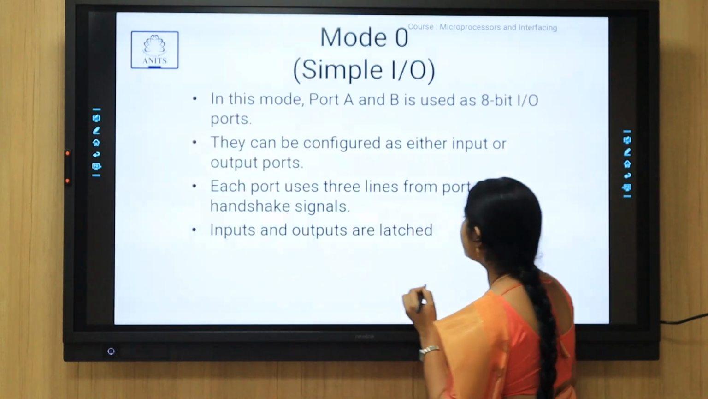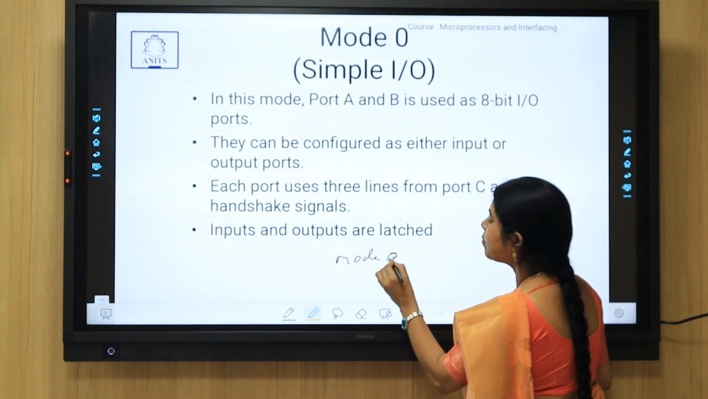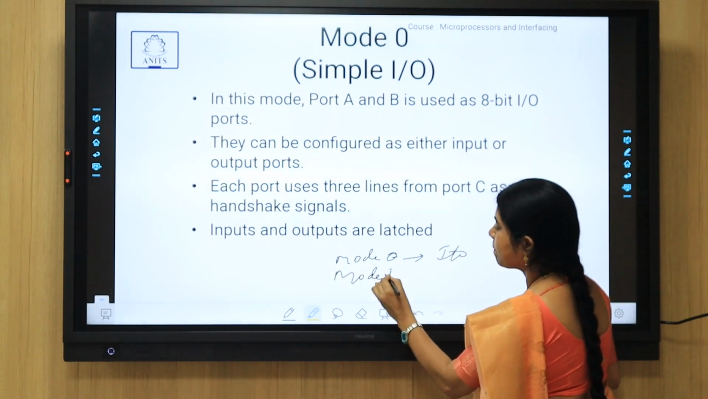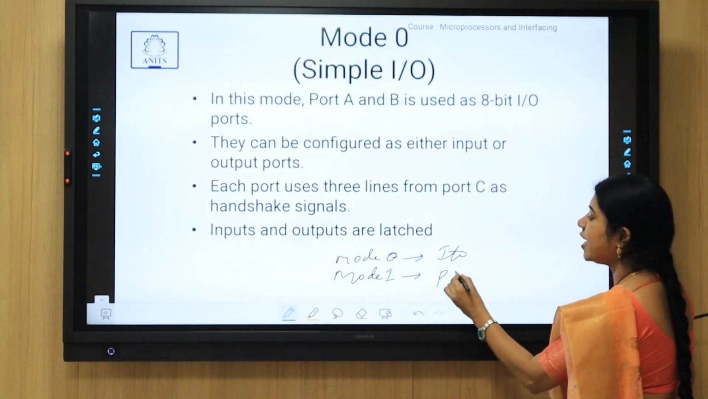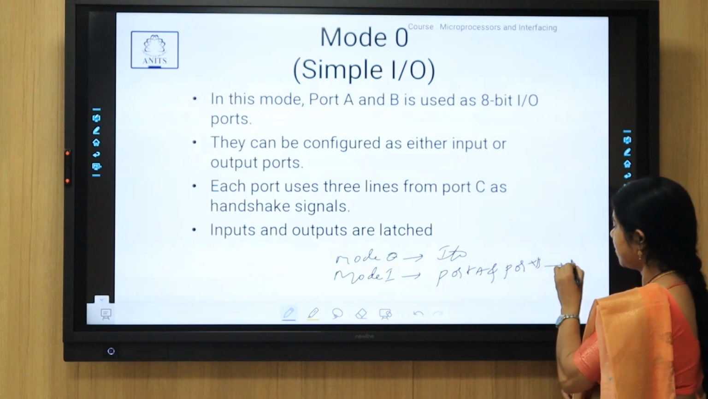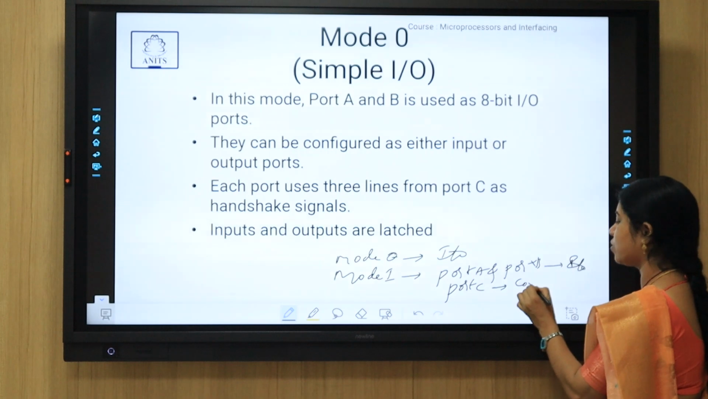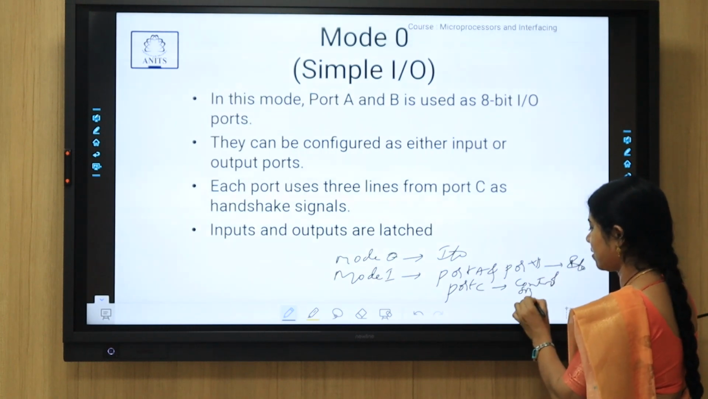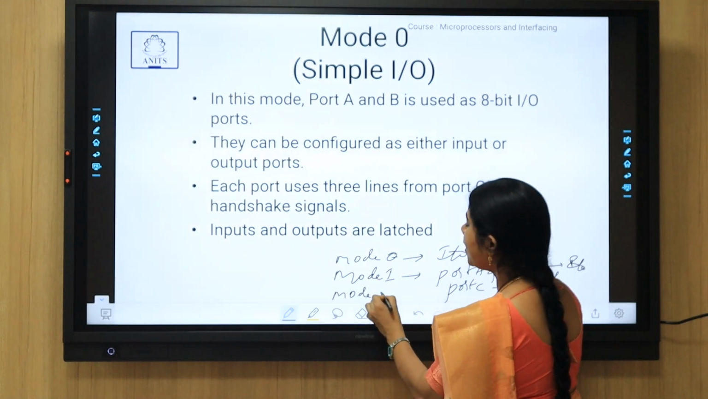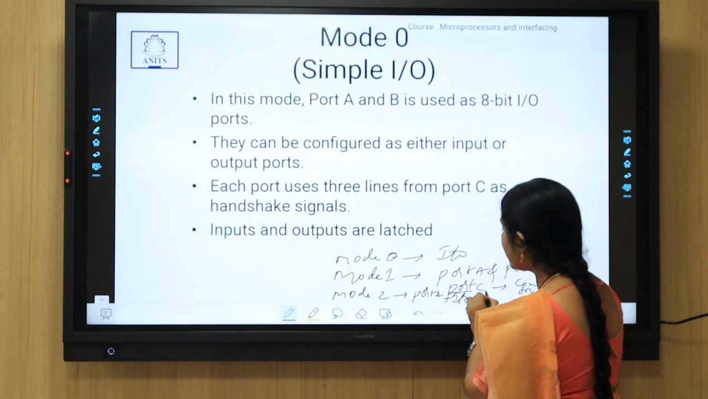In mode 0, all the ports are input-output ports. In mode 1, port A and port B are input-output ports, and port C lines are used to provide the control signals. And in mode 2, only port A is used as I/O, and the port C signals are used as control signals,